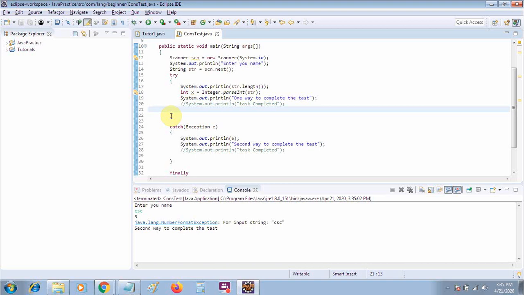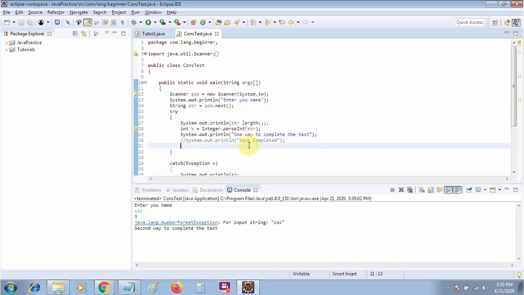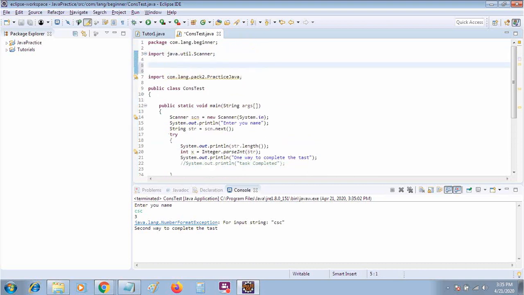Now we will discuss the throw keyword. And also there is one more thing, exception propagation. I will not give you a long example because it's a very easy thing.